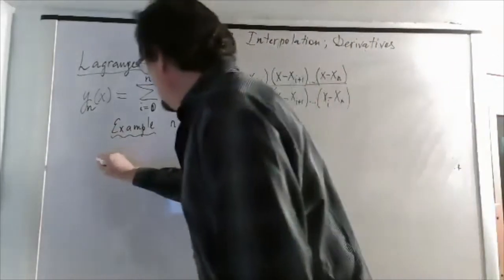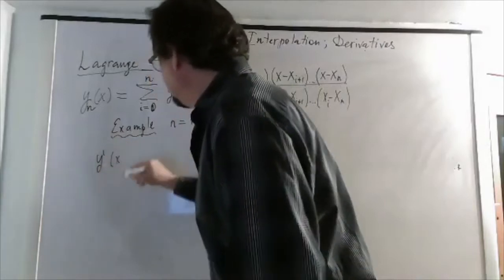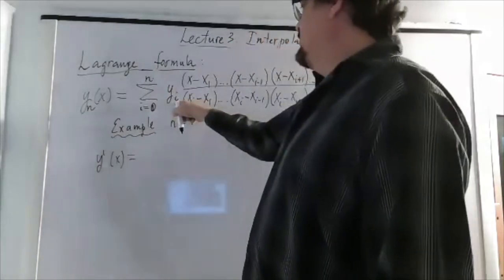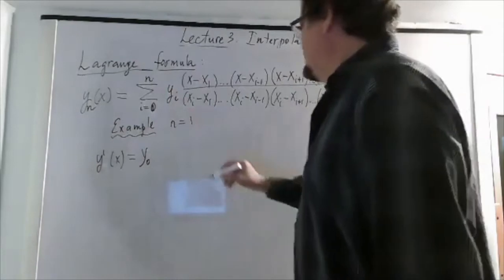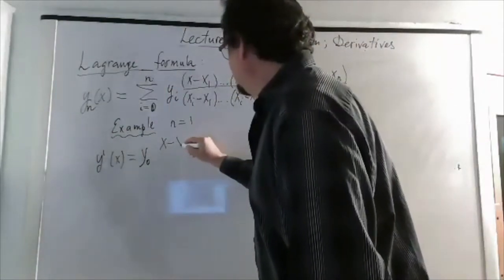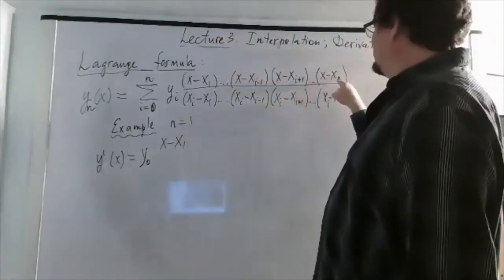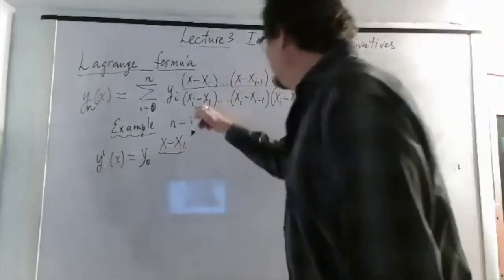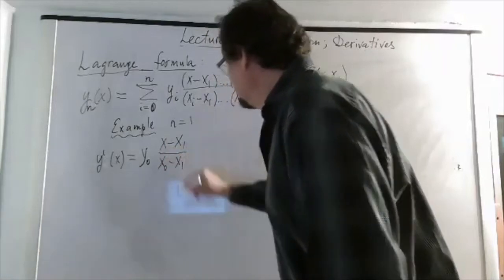So we have y1 of x, equals, so take first I equal to 0, y0 times x minus x1, and that's it, because n equals to 1. We finished already. So it's divided by x0 minus x1,